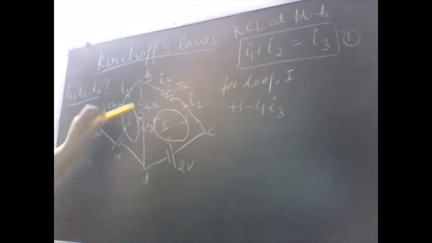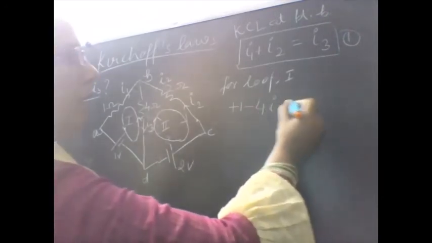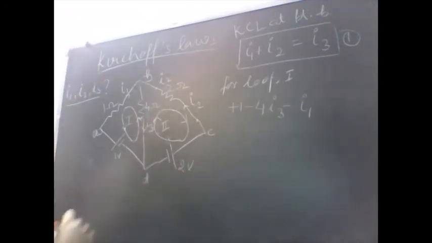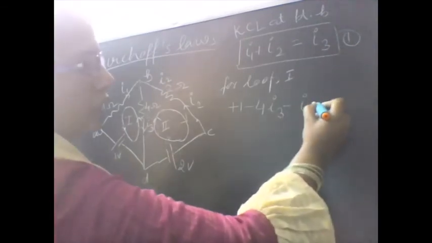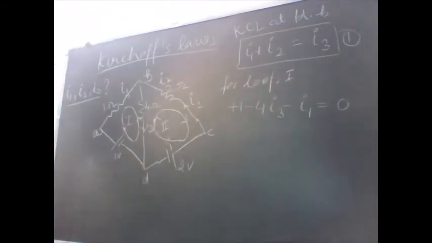Let us go ahead now in this loop. Since the loop is going anti-clockwise and the current here is from A to B and my loop is going from B to A, again the current is opposite to the loop, so the potential drop across this 1I1 or simply I1 should be taken as negative. So it is minus I1. And again we'll be back to the cell. So the KVL equation is complete. This should be equal to 0.